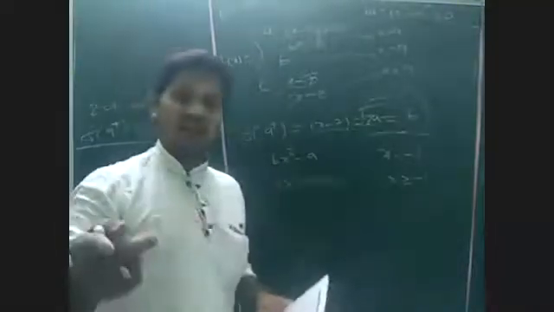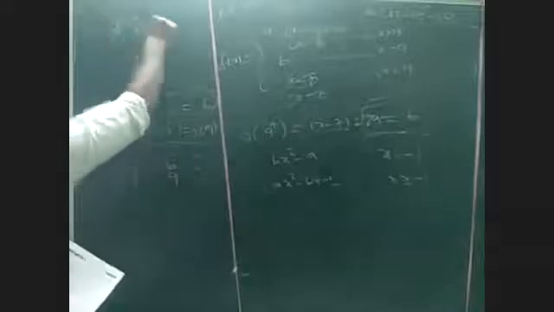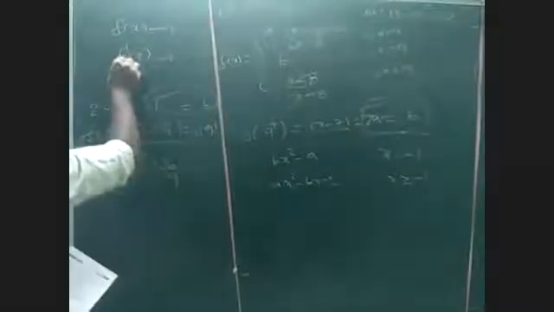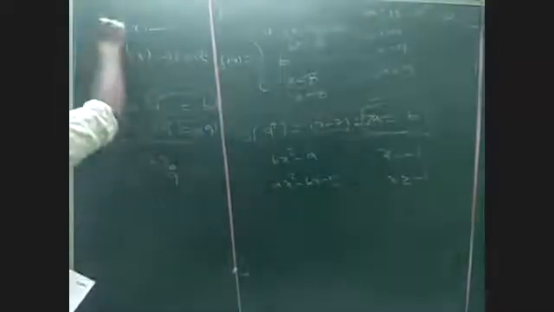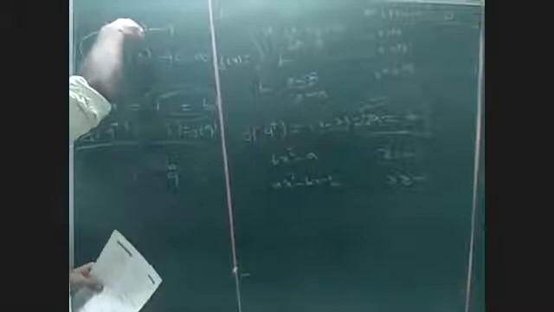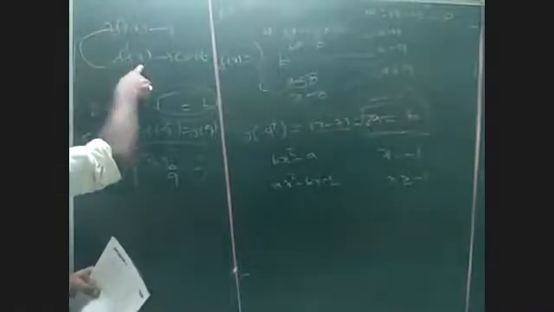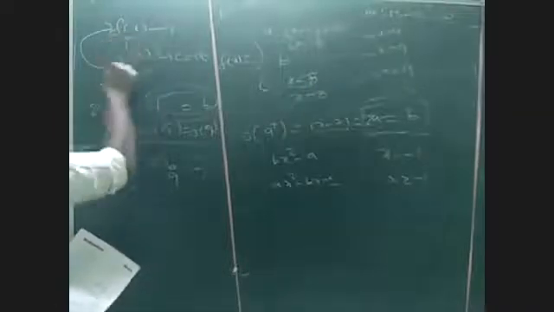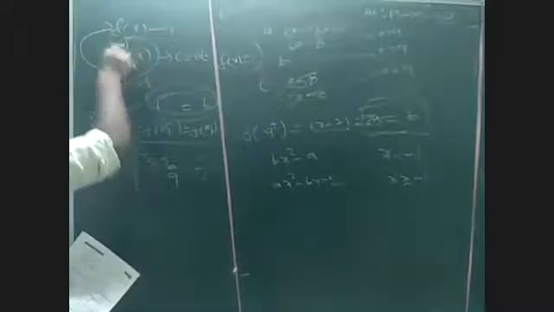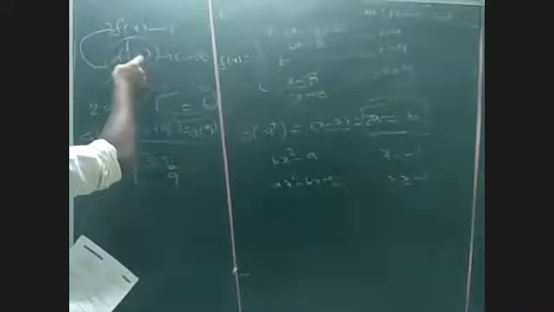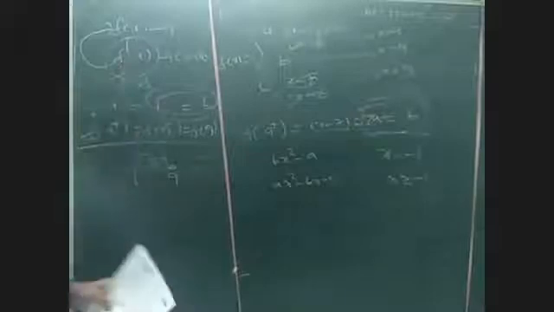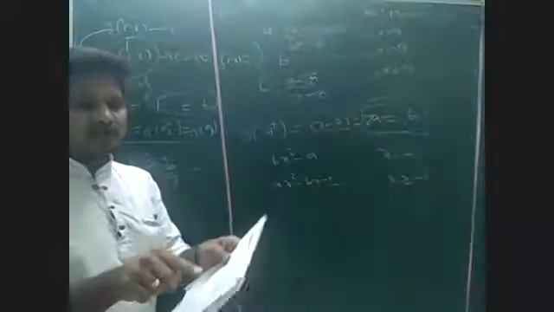See, whenever f of x is differentiable, then f of x is also continuous. Whenever f dash of x is continuous, we can say that f of x is automatically continuous. Every differentiable function is always continuous, but every continuous function may not be differentiable. So f dash of x is nothing but the differentiation of the given function. If f of x is continuous, we cannot say f dash of x is continuous. Remember that point. In the given question, what do they give?